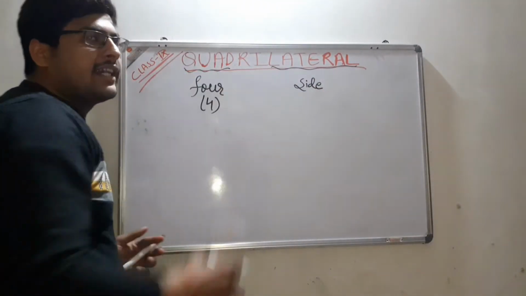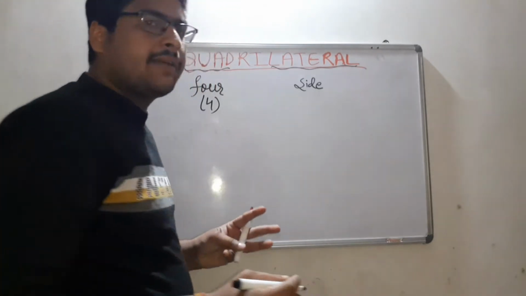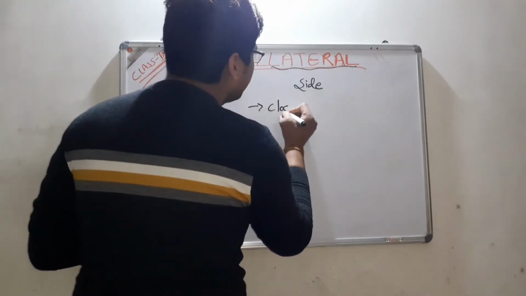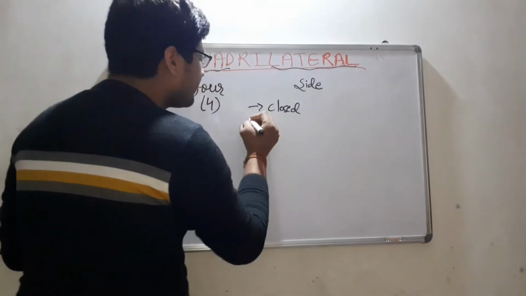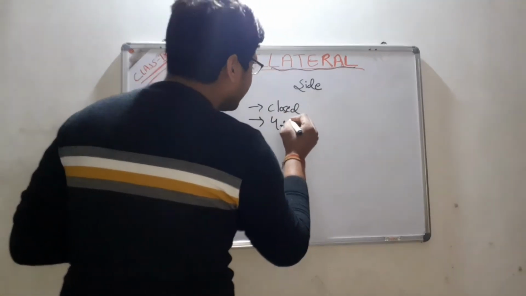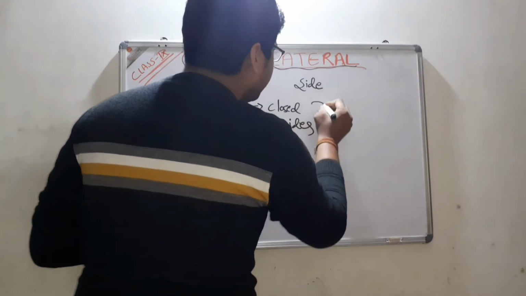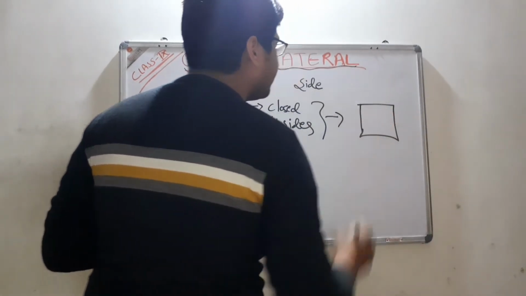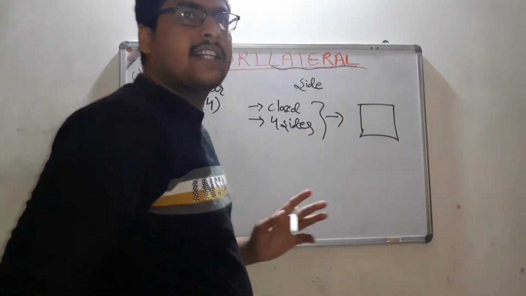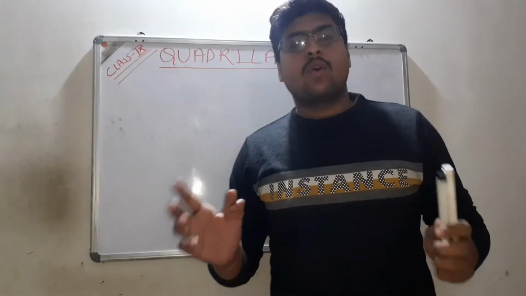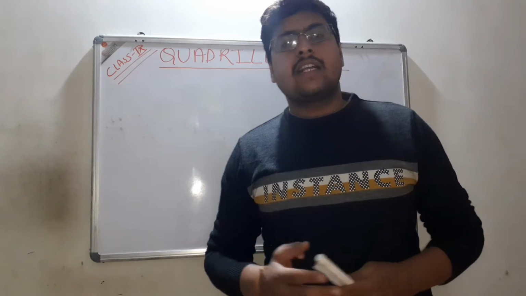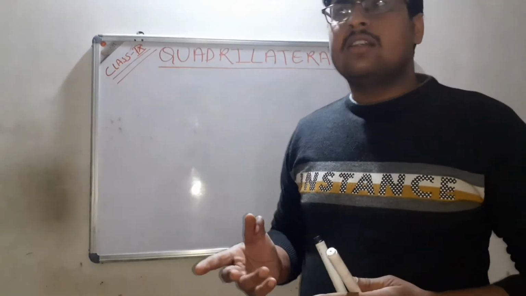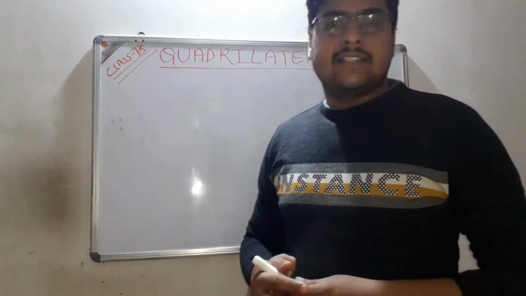Hence, the quadrilateral means a figure, a shape which is closed. First, it should be closed. Another, it has four sides, and this combined will make a figure like this, which we call quadrilateral. As we know, different types of quadrilaterals like rectangle, square, rhombus, parallelogram, and trapezium, and also kites.